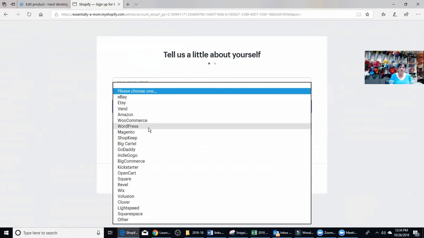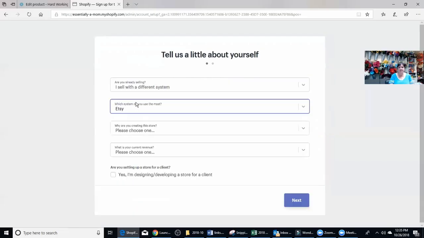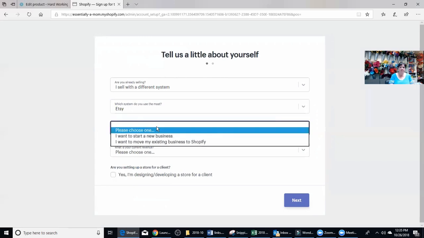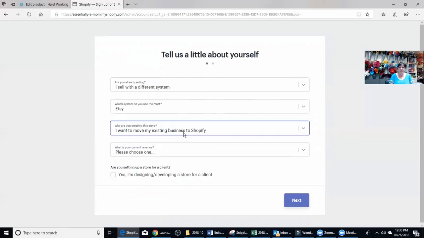So see here you have eBay, Etsy, Amazon, Square, Wix, of course, website, and then Big Daddy. You can also do other, but we'll decide Etsy. Okay. Let's say we want to move our existing business to Shopify. You could also say new,